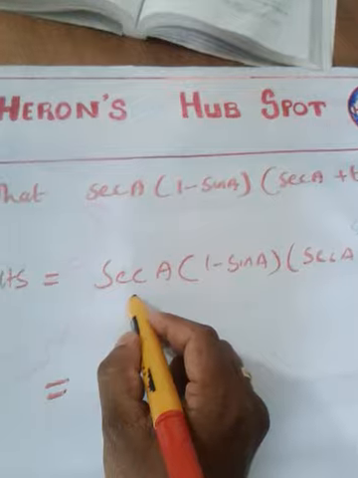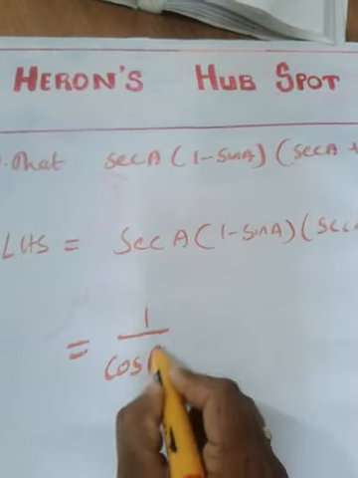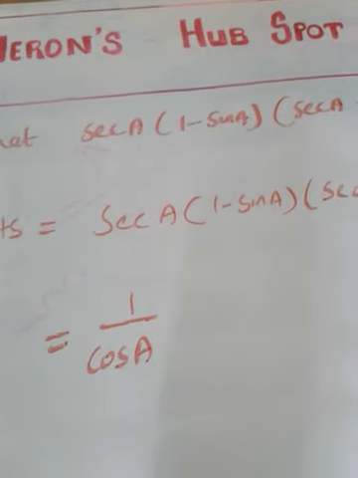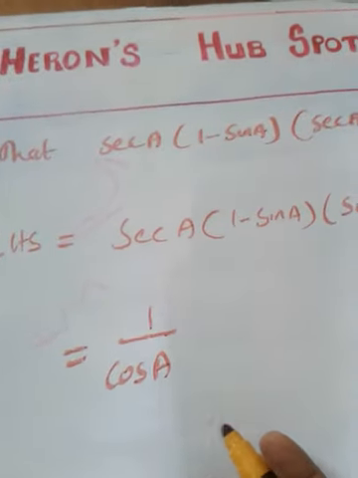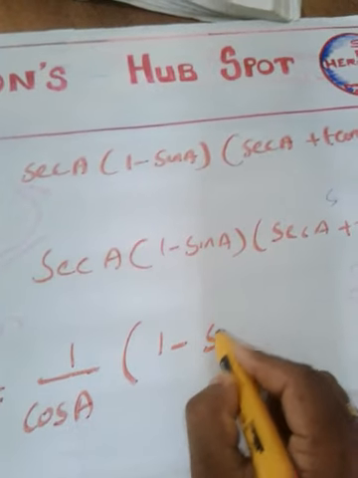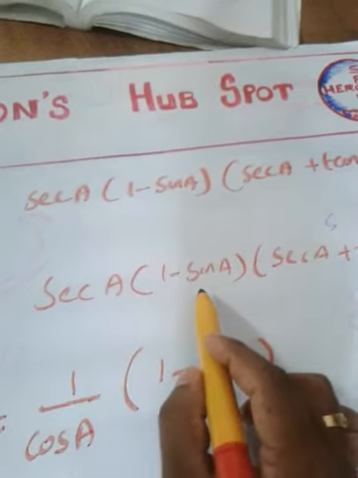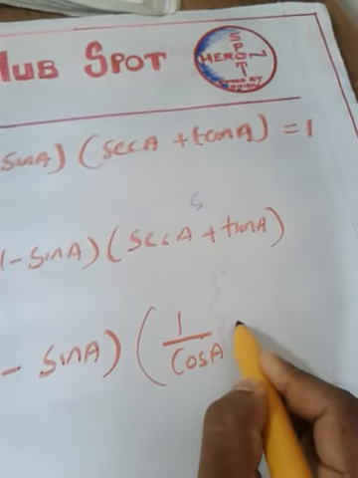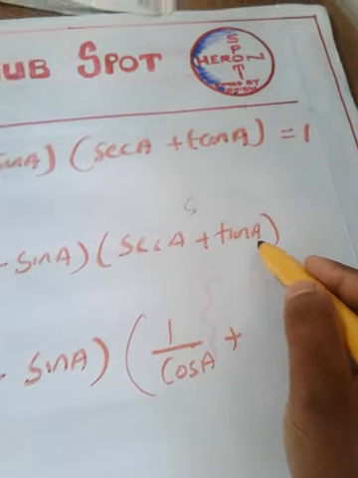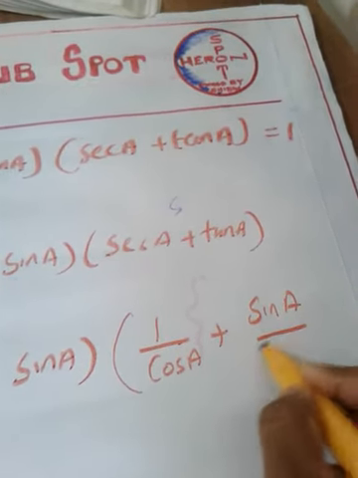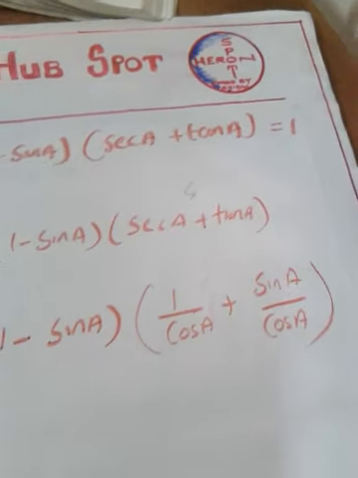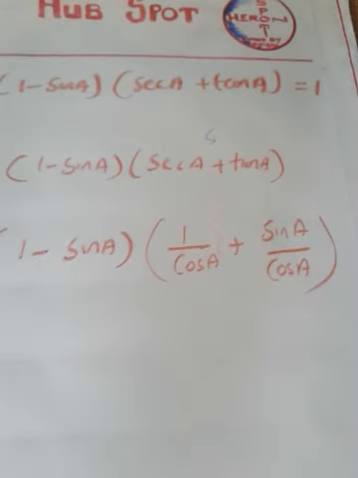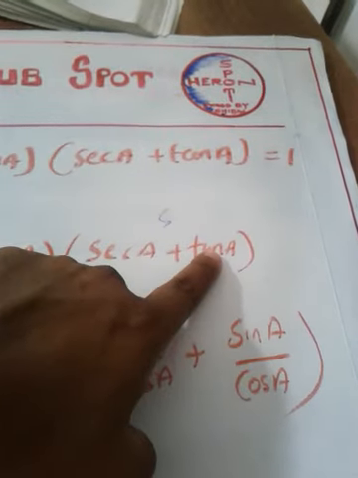And cosec A, can you replace it as 1 by sin A? Of course, because cosec is nothing but the inverse of sin. So cosec A you can easily replace as 1 by sin A, and 1 minus sin A as it is. I'm not going to disturb this term. And here cosec A again 1 by sin A, and cot A I'm going to write as cos A by sin A. Can I write cot A as cos A by sin A? Of course, because cot is the ratio of cos and sin. We already discussed in the first video that cot is nothing but cos A by sin A.